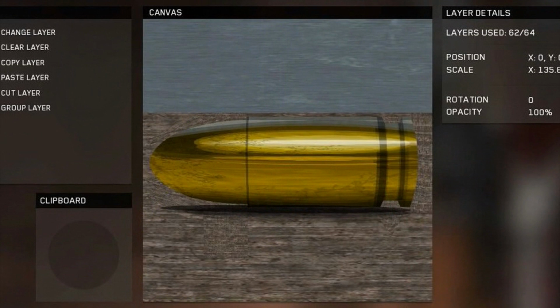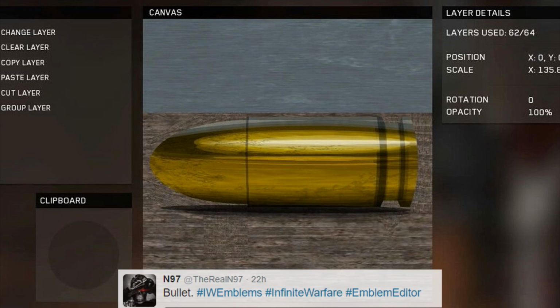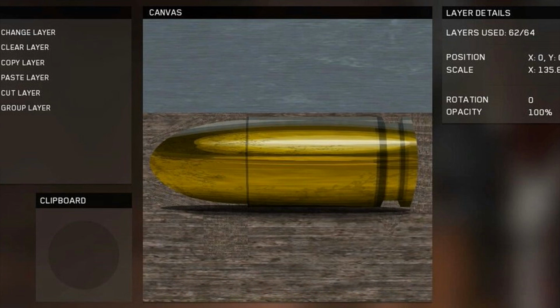And coming in at number 1, we have an emblem from a guy who's already had an emblem on this video, N97, but I don't know how you could not put this emblem at number 1. Very clearly, this is a bullet, but it is so realistic. It is absolutely insane. This may be the most realistic emblem I have seen out of all of the emblems in Infinite Warfare so far,